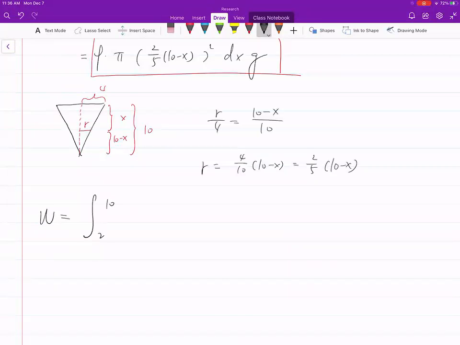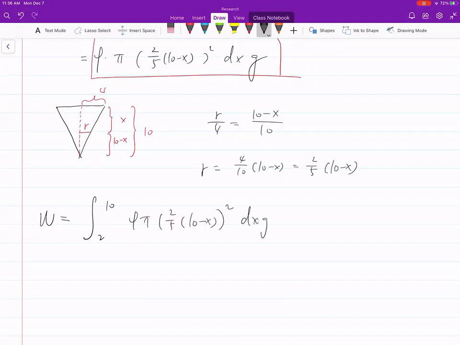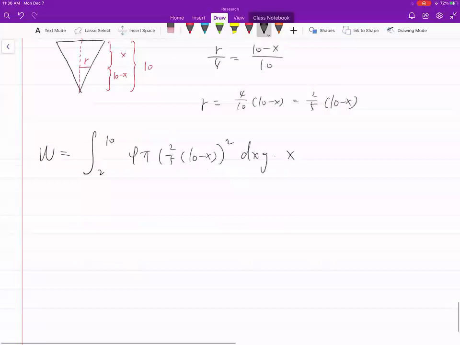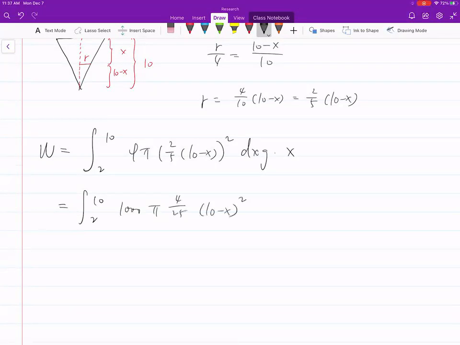The integral from 2 to 10 of rho pi, this dx, g times x, which is from 2 to 10. Okay, rho is 1,000 for water. 4 over 25, 10 minus x squared, dx, times g, which is 9.8, times x. And finally,